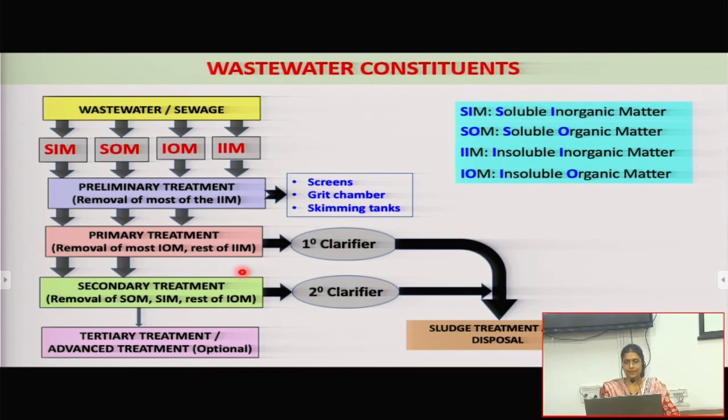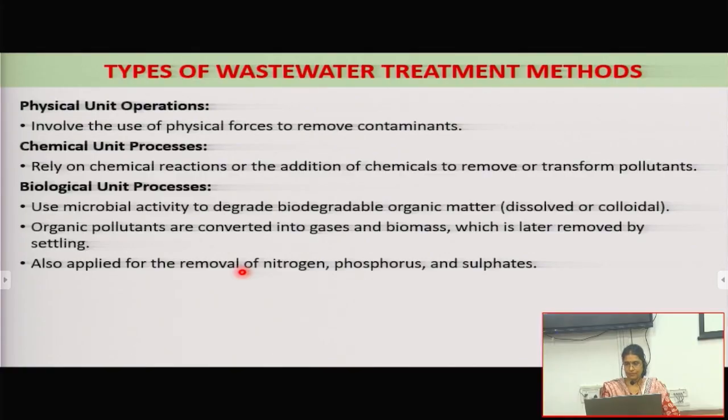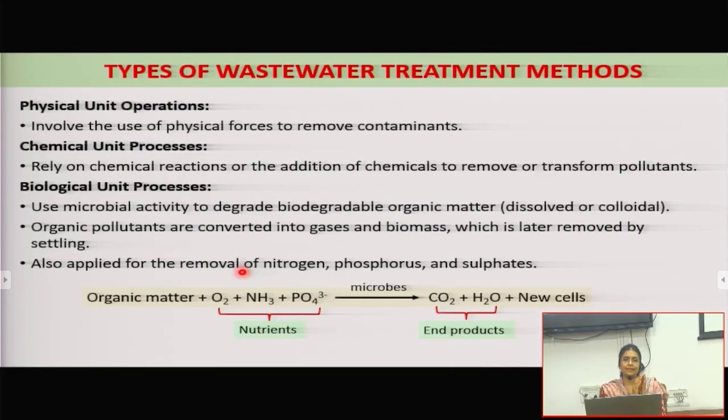Now, with that in mind, these are the various options we have as on date. Alright, so we have physical processes, chemical, biological unit process. In biological unit process, typically it is meant, as I said, removal of organic. So here, organic matter is a substrate for the bacterium. And I'm showing an example here of aerobic method. So we are going to add oxygen in it, and the end products which I get is carbon dioxide and water. So they are happy, we are happy.